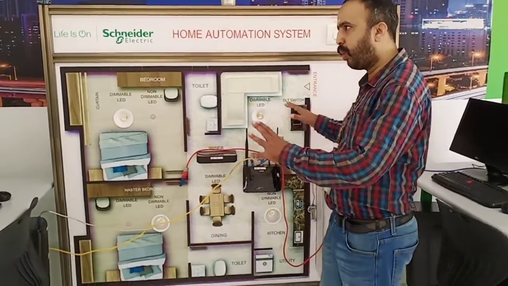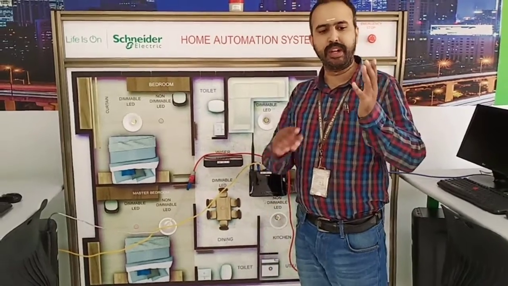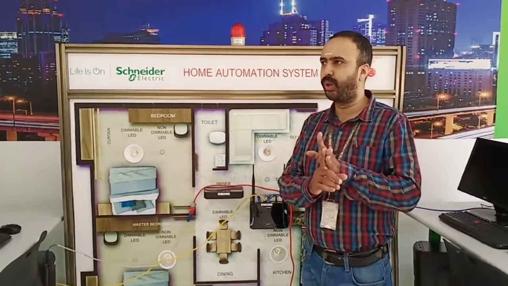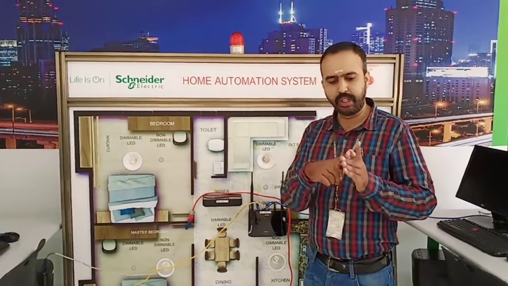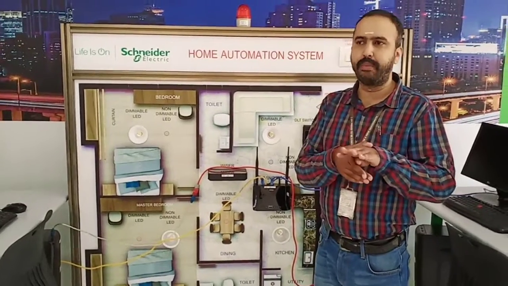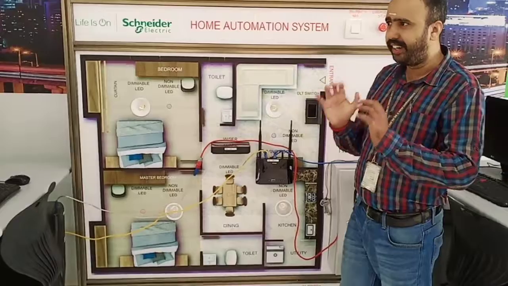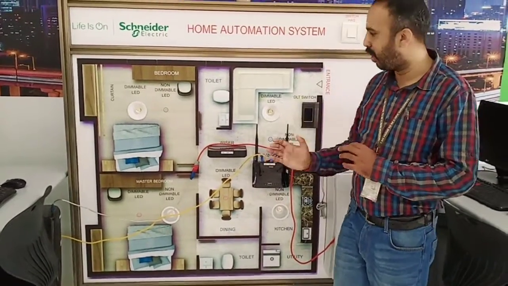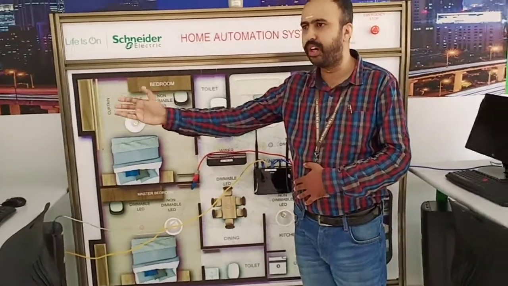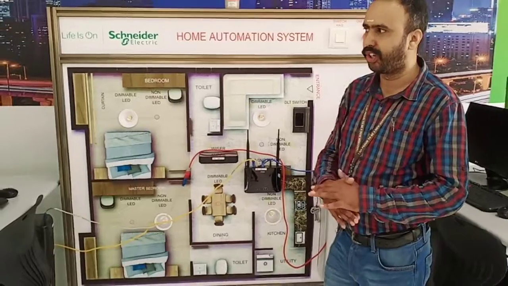Apart from this, what are the things we can control? I think in the theory class I might have shown a video also. We can control the entrance and access control, and CCTV control also. Apart from that, switching on the geyser, the TVs, and all the remote devices, we can do in a single app, that is the visor. In this, what is your role? You are going to configure all these devices, and control them from your computer or from the mobile application. So this is about this home automation system.